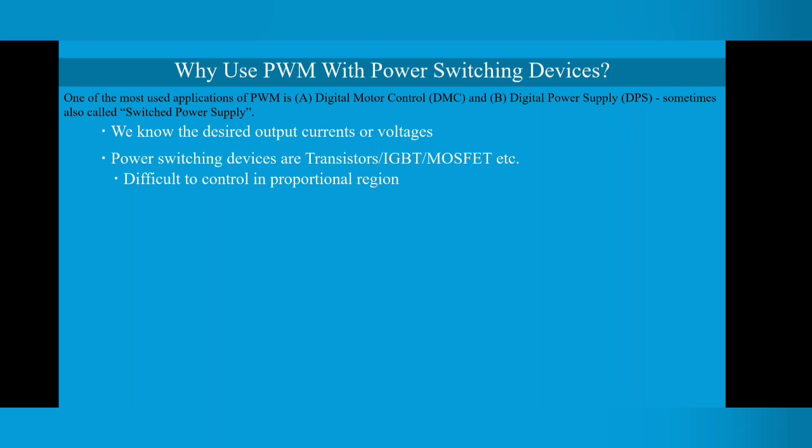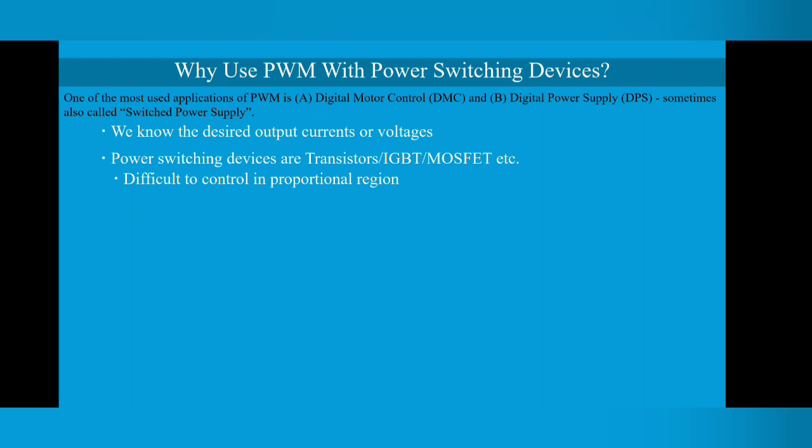The reason is that if you are using the transistor in the saturation region, it is generating a lot of heat. The energy is dissipating into heat, and this is not highly efficient. So we are losing most of the energy during the conversion. So we are not recommending to use the IGBT and transistor, mostly NPN and PNP transistors, in the proportional